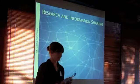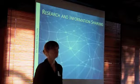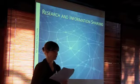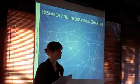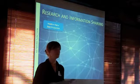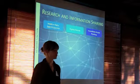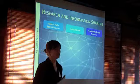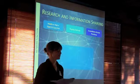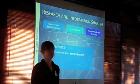Okay, and research and information sharing is another major function that the Regional Food Hub Network would probably be taking on. This overlaps with a lot of other ones, but it would probably include gathering information on member hub sales and logistics, needs of various regions that are specific to those regions, innovations and best practices, and ideally the results of gathering all of this information would be that it facilitates basically all of the other network functions,